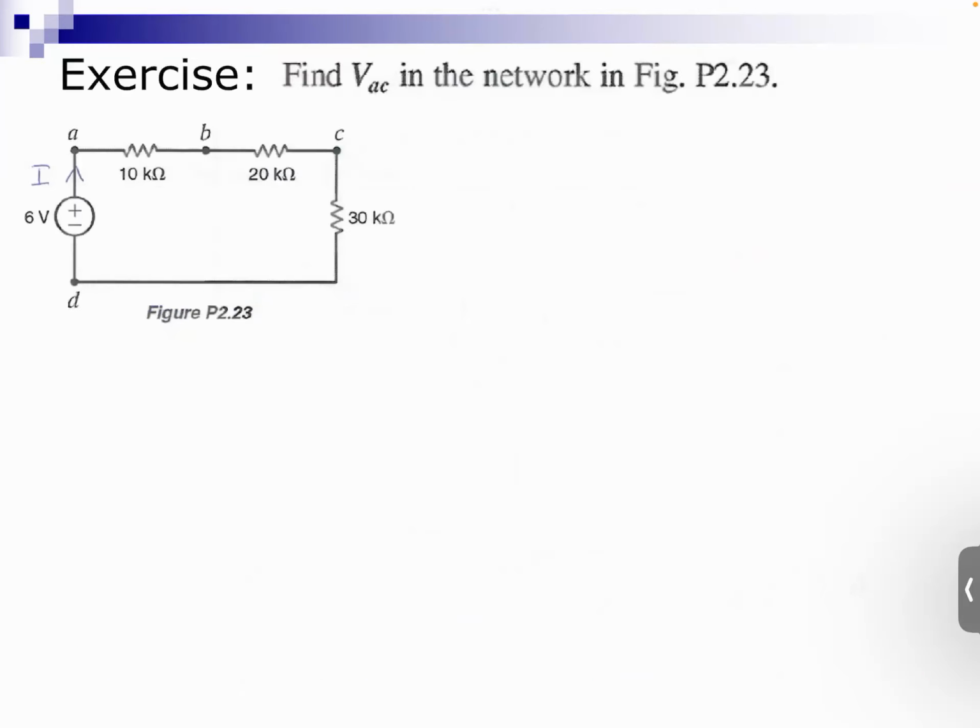The simplest approach to this is to reduce your circuit into a single resistor circuit. I hope by now it's clear that all three resistors are connected in series. The current has a single pathway going from the positive terminal to the negative terminal of the battery, and hence you can reduce your circuit by adding the individual resistances. 10 plus 20 plus 30 will give you 60 kilo ohms